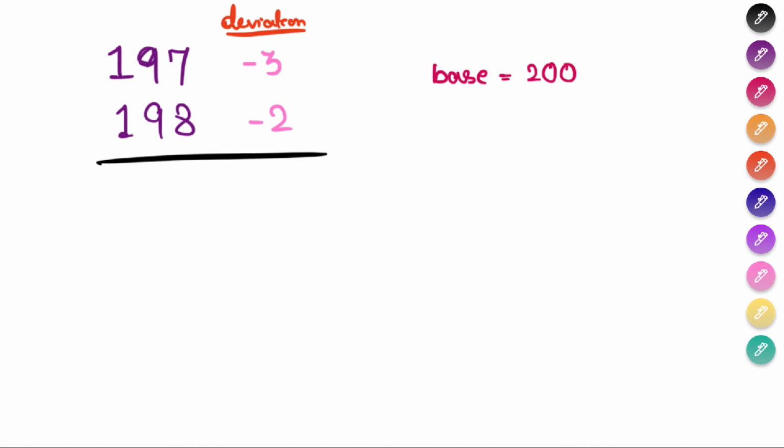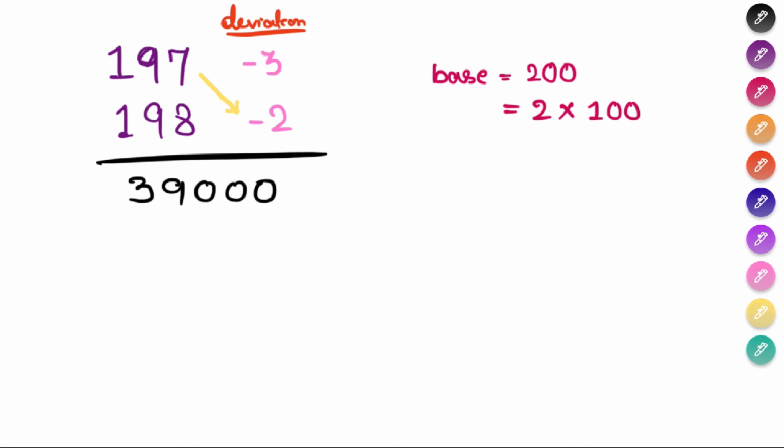So the first step is we simply do any one of these, that is 197 minus 2 gives us 195, and since we have to multiply with 200, we'll double it. 195 into 2 will give us 390 into 100. Why did I do that? Because 200 is actually equal to 2 into 100. So when I got 195, I first multiplied it with 2, then I simply added 2 zeros, that is I multiplied it with 100. So we directly got this.